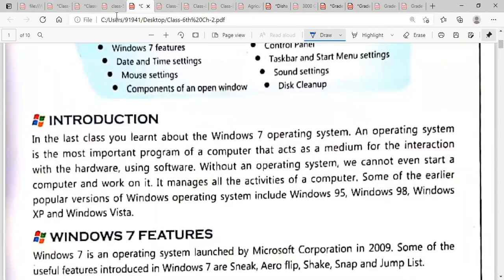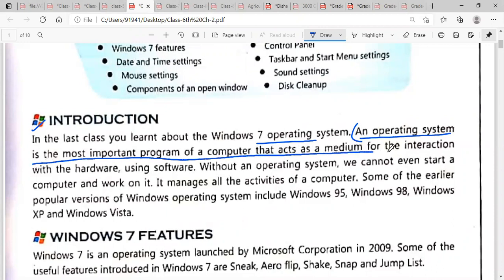Now the next topic is introduction. In the last class you learned about the Windows 7 operating system. We have already studied it. Now underline this line: an operating system is the most important program of a computer that acts as a medium for the interaction with the hardware using the software.